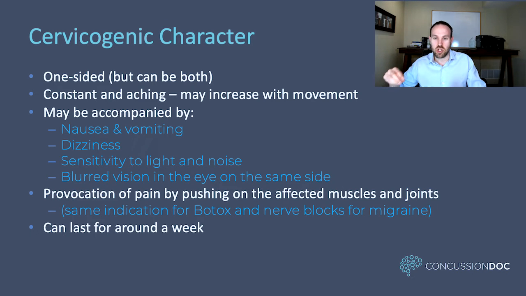That is cervicogenic. You can't feel pain in your brain. Your brain does not have pain receptors within it. So it doesn't have what's called nociceptors, which are the pain receptors inside the brain. So it can't sense pain in itself. So when people feel that their brain is moving around, you can't actually feel your brain. You can feel your neck and all the other stuff of your head, but you're not able to feel your brain. So when people feel like their brain is moving around, usually it's a result of the neck that's moving around that you're feeling.